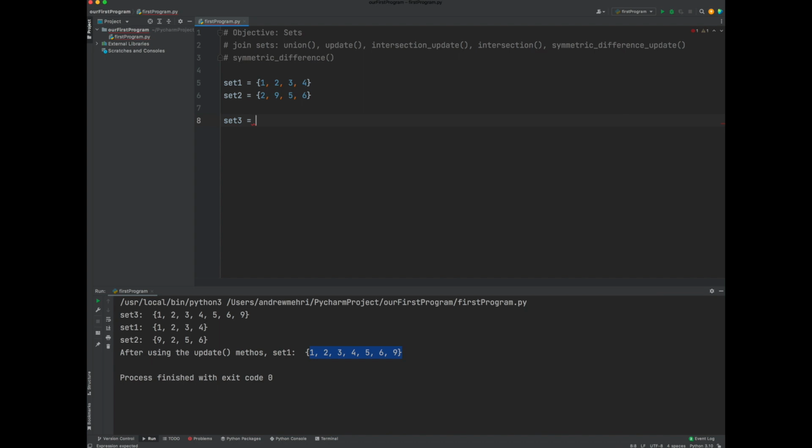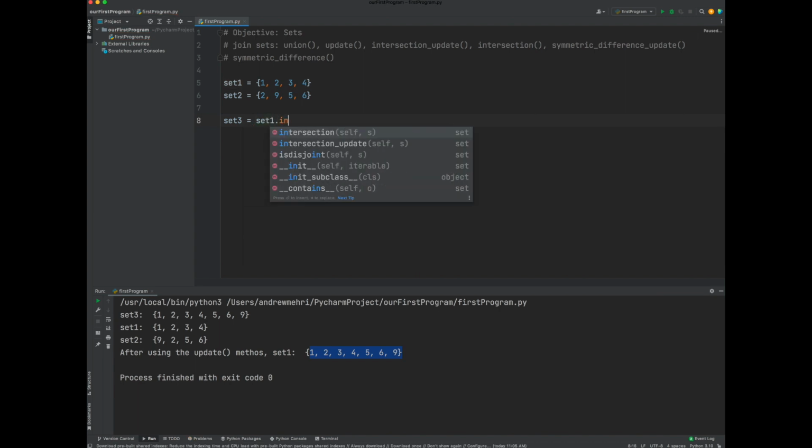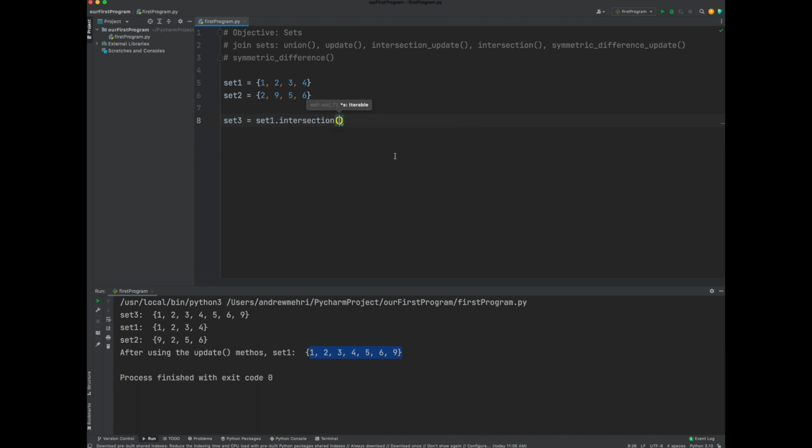intersection. So that would be set 1 dot intersection set 2. Now, let's look at what set 3 is. So this is in its pure form. You're returning it to a set 3. So let's go ahead and do that. And let's see, print